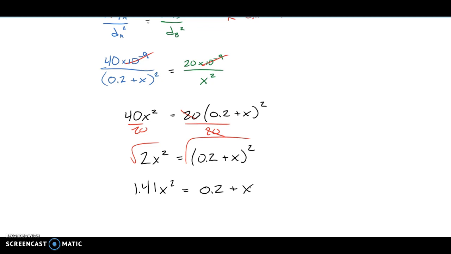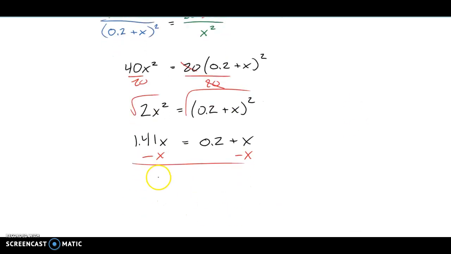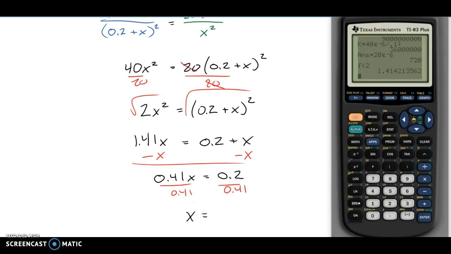Sorry, the squares go away on both sides. Isolate and get the x terms on the same side. And I'm left with 0.41x equals 0.2. And now I can divide by 0.41 on both sides. And I get an answer of roughly a half. x equals 0.2 divided by 0.414. And I get 0.48